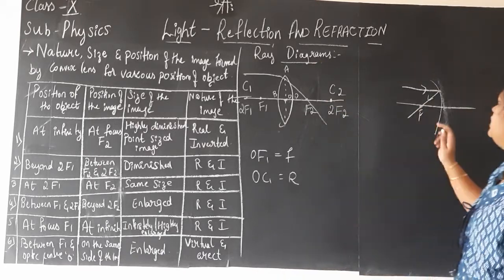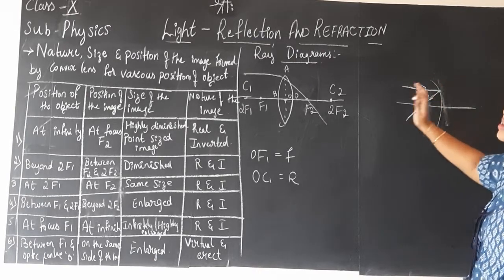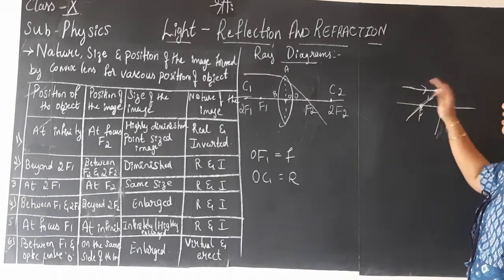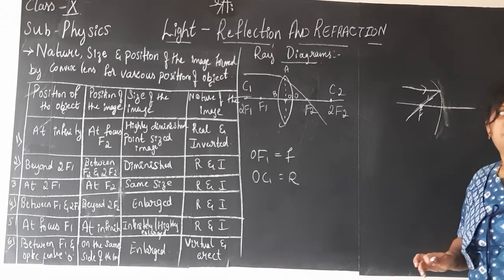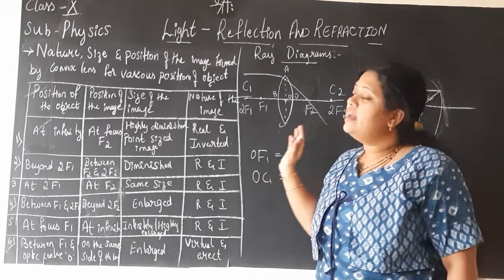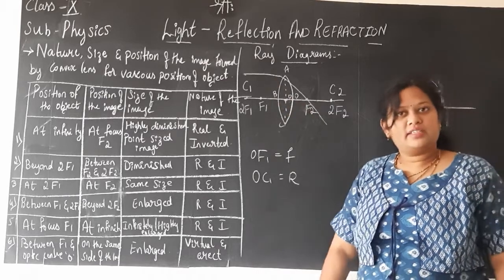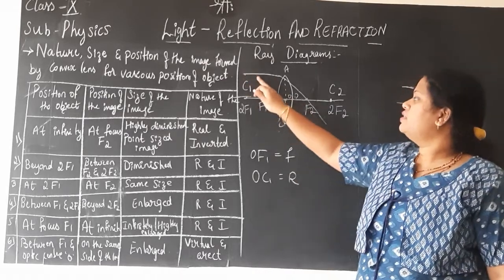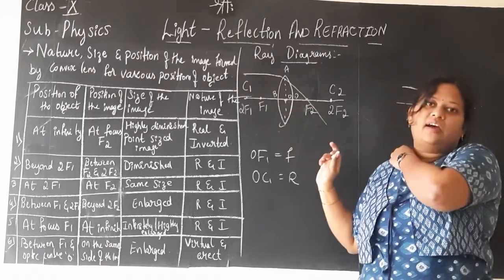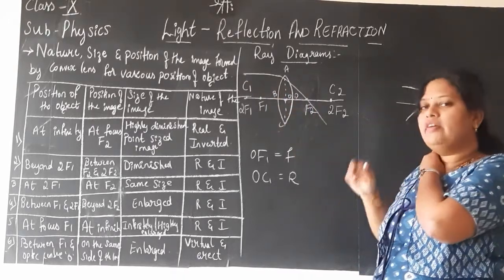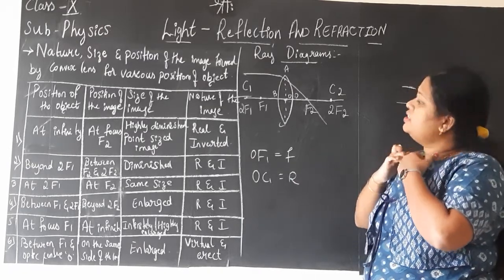That is important. In case of the mirror, what will happen? It will pass through the principal focus which is on the same side of the mirror. Because on the other side, the mirror is silvered or polished, so only one surface is available for reflection. But as far as this lens is concerned, it is a transparent medium, an air-glass interface, isn't it? The ray of light is traveling from air to glass, rarer to denser, and denser to rarer. But all that basics you have known, that we will apply here, but not for each and every ray diagram.